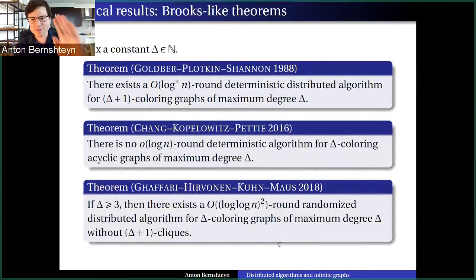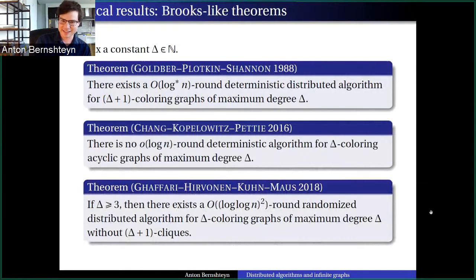So this should remind you of that slide I had with the results of this type for infinite graphs. There are Borel colorings with delta plus 1 colors, no Borel colorings with delta colors even for acyclic graphs, and yet there are measurable colorings with delta colors for graphs without delta plus 1 cliques. So there's this correspondence where deterministic corresponds to Borel and randomized corresponds to measurable, and things seem to line up pretty well. And the main result I've been leading towards in this talk is that